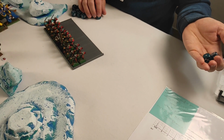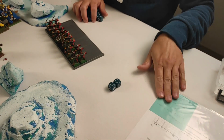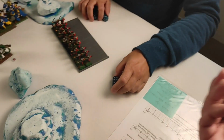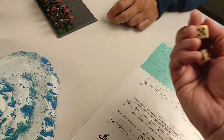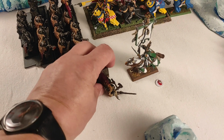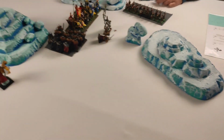Strength 4 only. Against my toughness 4 is on force. 2. And this is -1. So I've got 2 4 plus followed by 6 plus armor saves. 1 is done. And a 6. No. So this one is dead. Hooray. Slew my champion. Yeah. With this blessed skill +1. Yeah. So it was 1